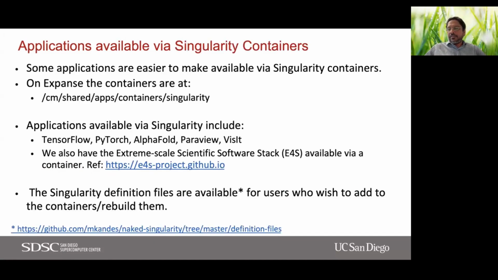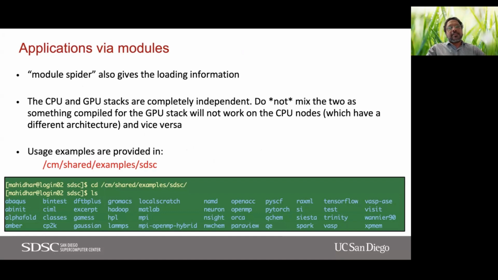So that's the first level of things, right? Where we've already installed everything, we've got modules for you, and we have mechanisms so you can discover what's already installed in modules. And then you go look at the examples, make sure you load the right combination for the right nodes that you're using. And then you just run. You don't really have to do any installations. There's no real code migration because we've done the installs for you. So there's nothing that you need to change as such. And you can just run as is